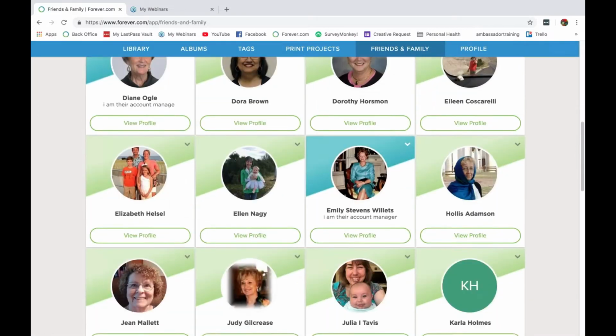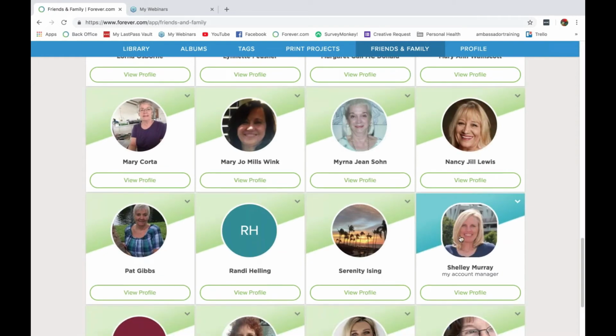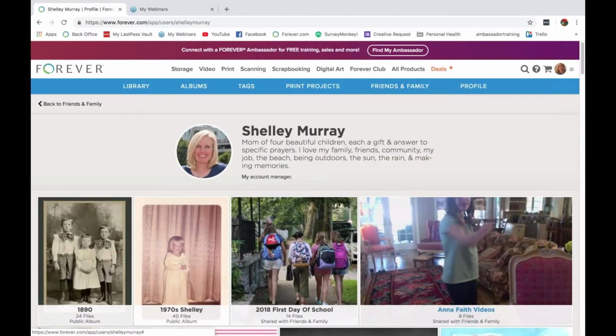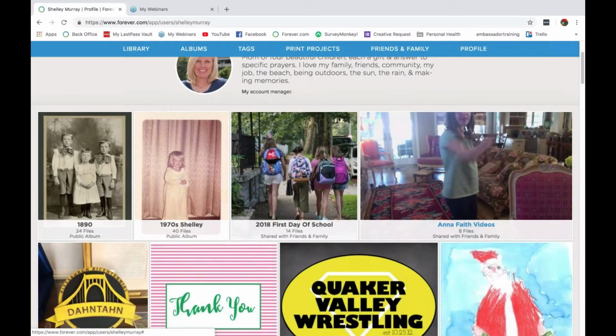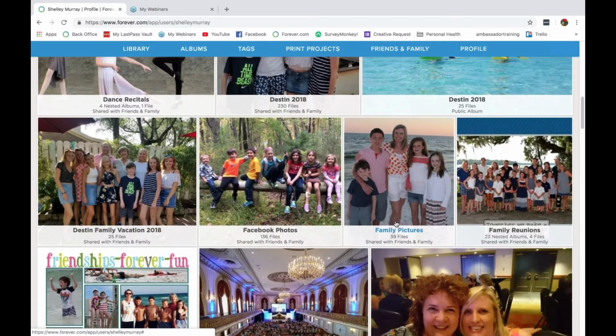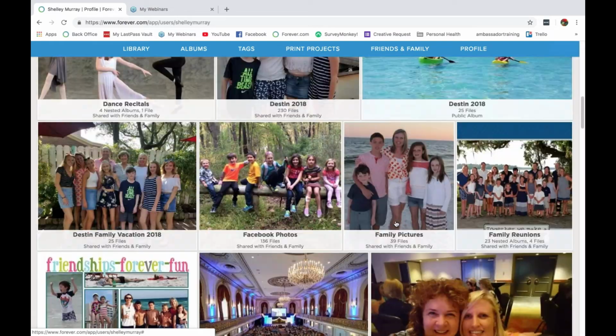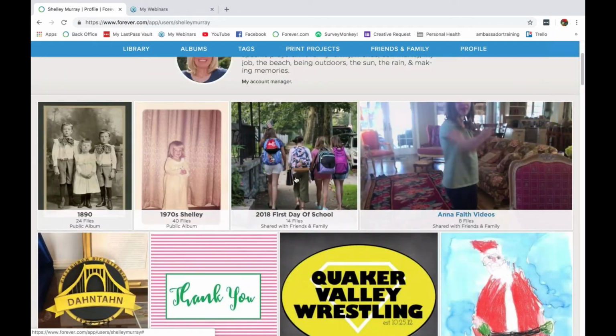So I'm actually going to go to my own personal account, and we're going to look at my account. Here it is. So this is my account. So remember, right now we're in the demo account, but we're going to my account. And in my account, you can see I have a lot of stuff in here, but you can see my albums. So I'm telling the stories through albums, and I can go into these albums to look at stories. So I'm going to show you this album right up here,